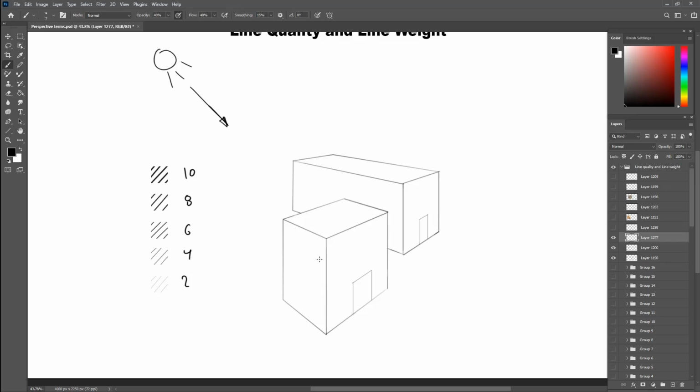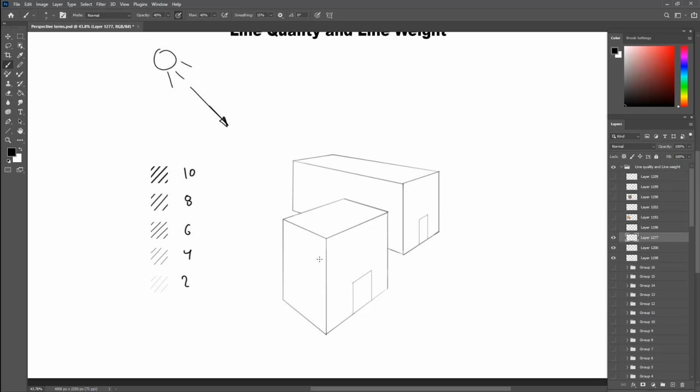If the subject is in a low-key painting, as in more shadows than light, it's better to start dark to light. But let's just start here from thick to thin in these upcoming examples. We have two boxes or houses here, one in the front and one in the back, with the light hitting them from the top left.